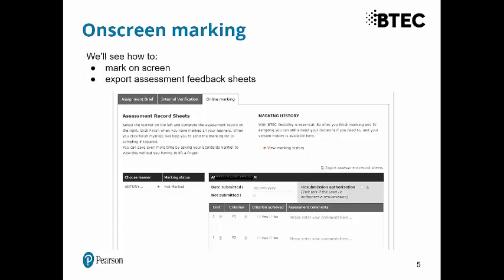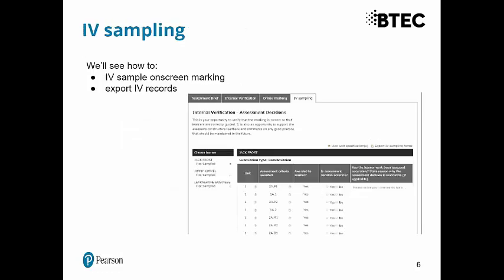So the paper copies that you currently use, along the lines of the standard pro formas that Pearson provides from their website, you can print out populated versions of those directly from myBTEC containing the information you've added into myBTEC. That makes sense. We can also control IV sampling within myBTEC now,